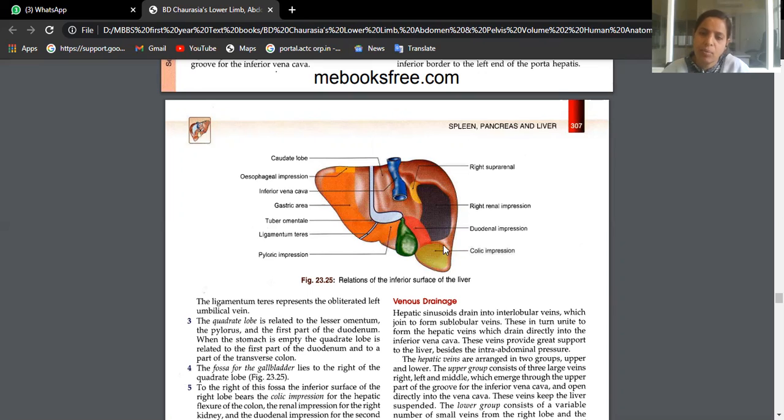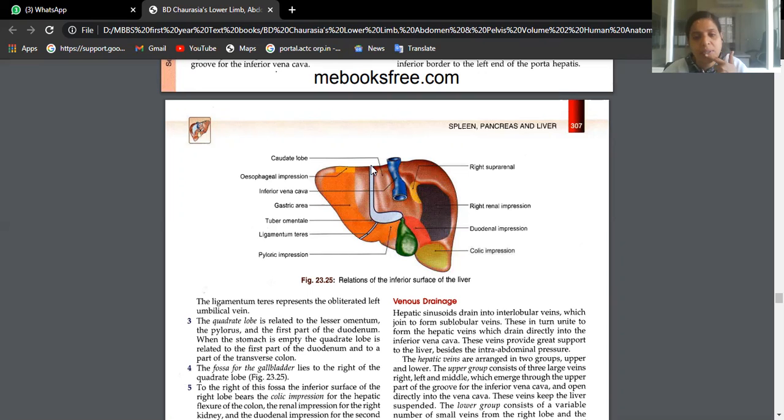Then this is right lobe, so right colic flexure, right colic impression, above which you have right kidney, right suprarenal gland. Okay? So this is the visceral surface. Apart from that, on the visceral surface, you will see fossa for gallbladder, where the gallbladder is situated. This is the area where we do not have peritoneal covering. Underneath this, you call it the bare area.